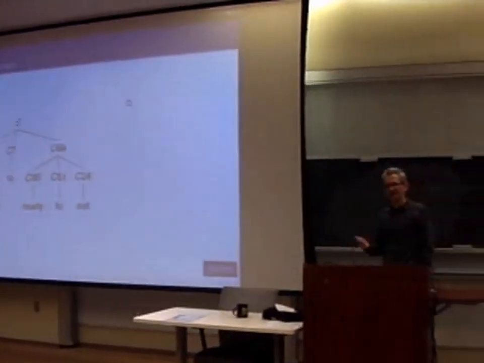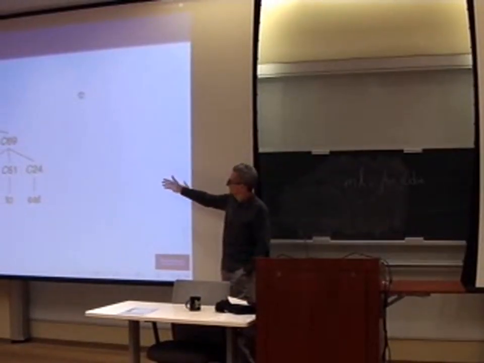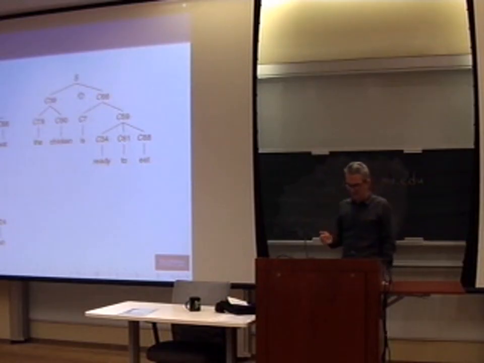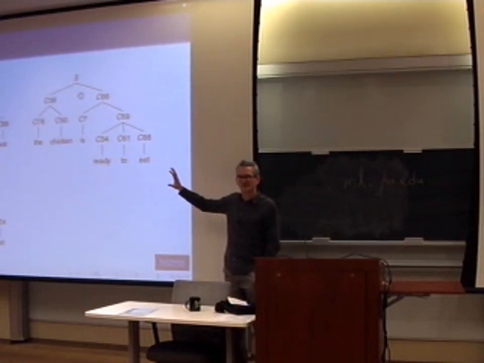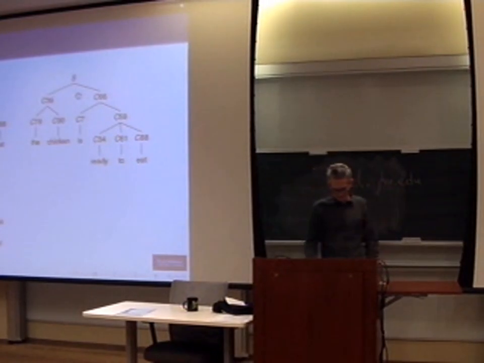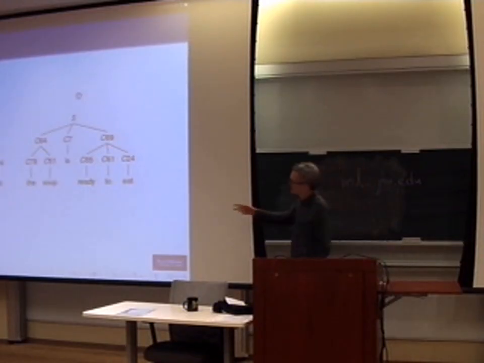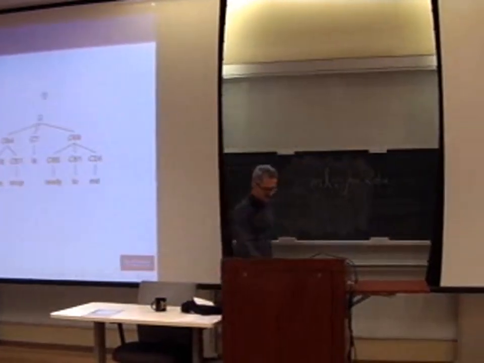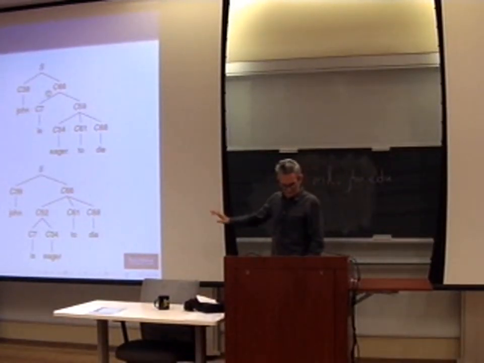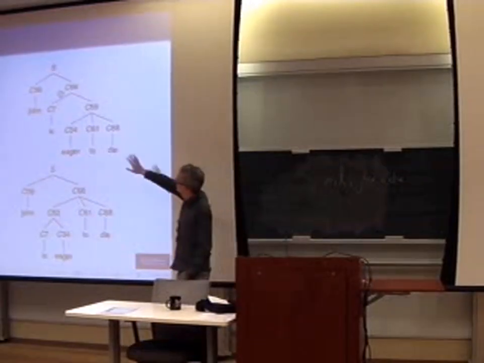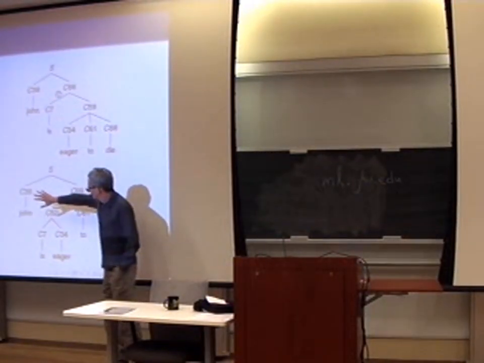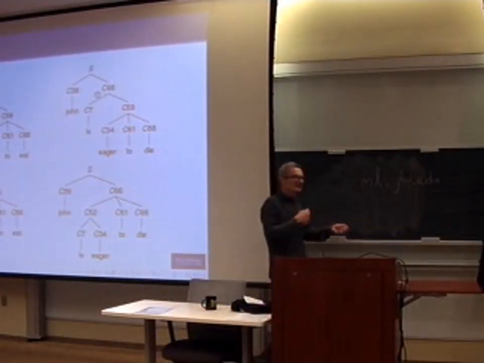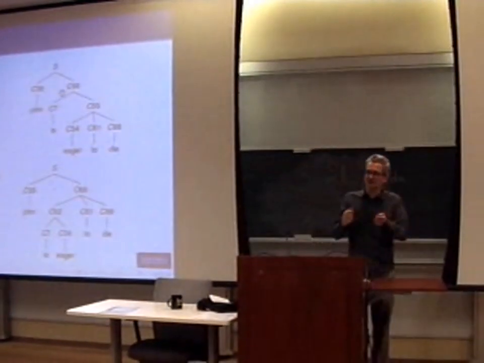For the soup is ready to eat, we just get one tree structure like that. And for the chicken is ready to eat, we get three tree structures. And if we compare the three tree structures, we see that one of the tree structures, the chicken is ready to eat, looks exactly like the soup is ready to eat, and the other two look exactly the same as here. The chicken is ready to eat, John is eager to die, the chicken is ready to eat, John is eager to die. So we don't get exactly the one-to-one mapping between interpretations and trees that we might like, but